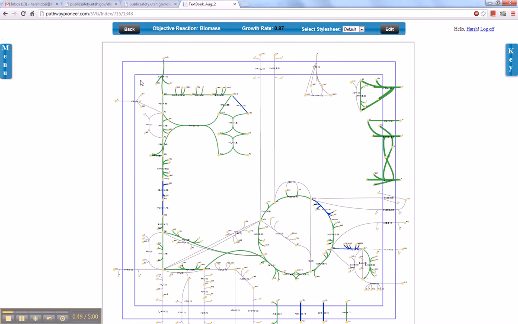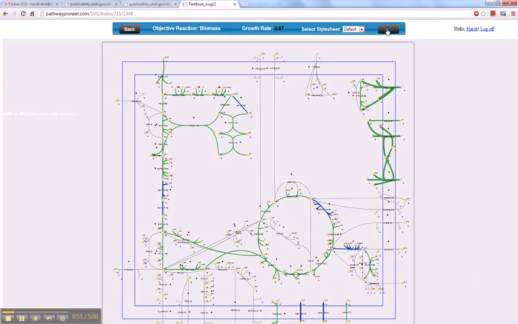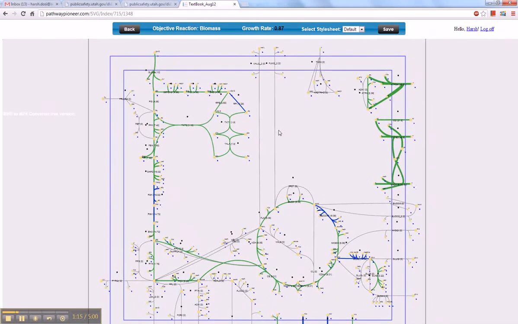Now in order to enable the editing mode, we have an edit button on the extreme right corner of the header. Once we click this button, editing mode gets enabled. As we can see, the entire background is grayed out and we don't have the left navigation panel or any right navigation panel here, and the context menu, that is the right click property, is disabled on the particular model.